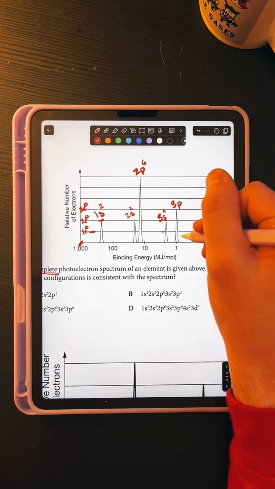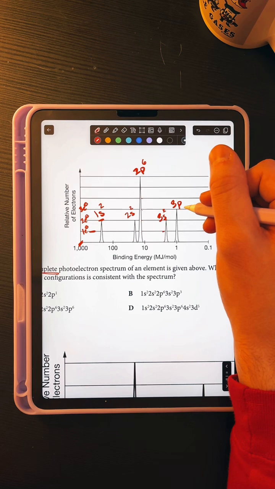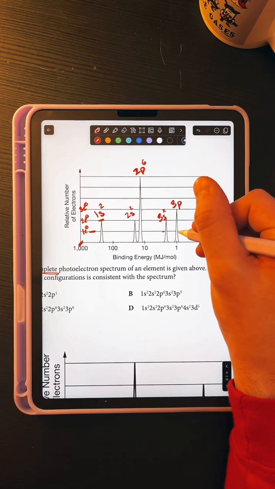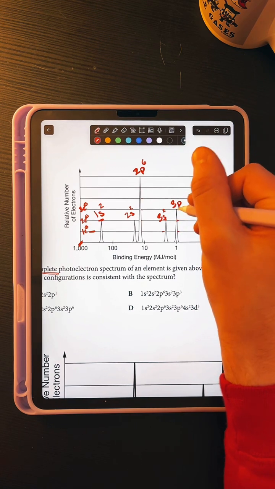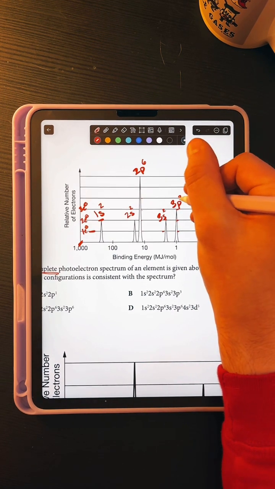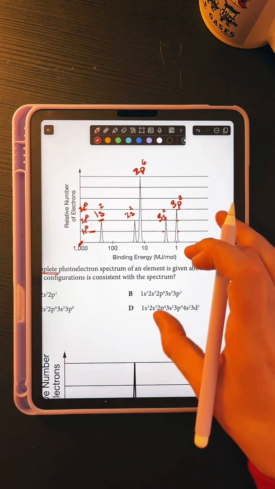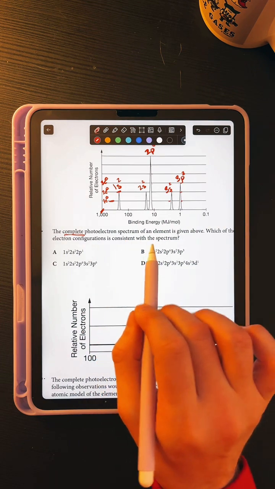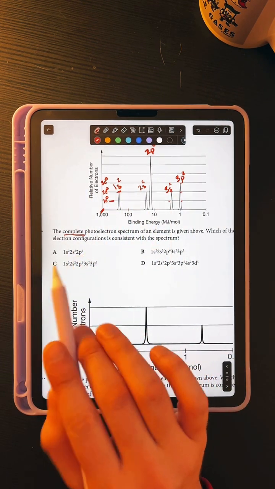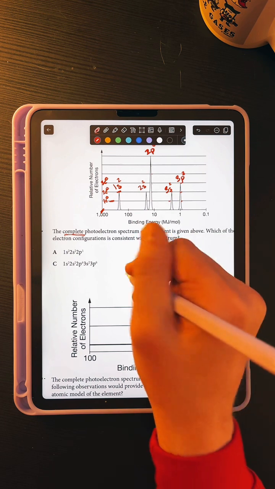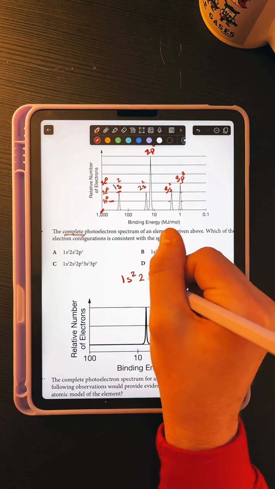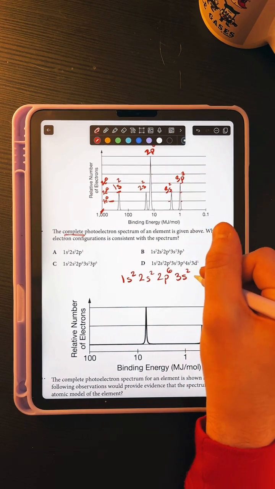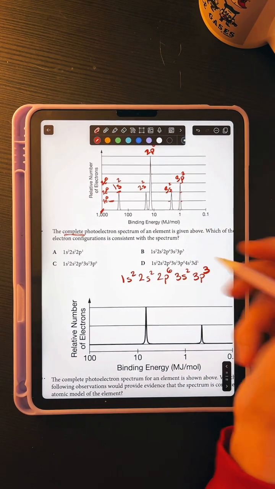And 3p, normally a p orbital when it's filled has 6, but we're not filled because we don't have 6 electrons. If we count, we have 1, 2, 3. We're on that third line, so that's 3p3. And so the electron configuration of this spectrum is 1s2, 2s2, 2p6, 3s2, 3p3,